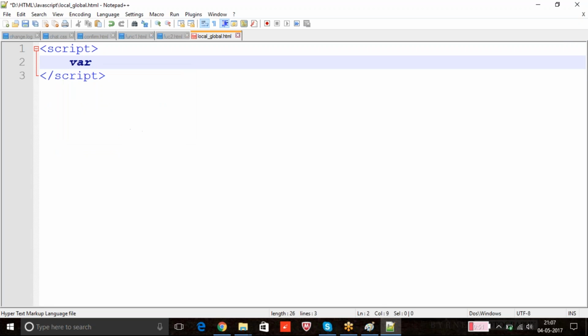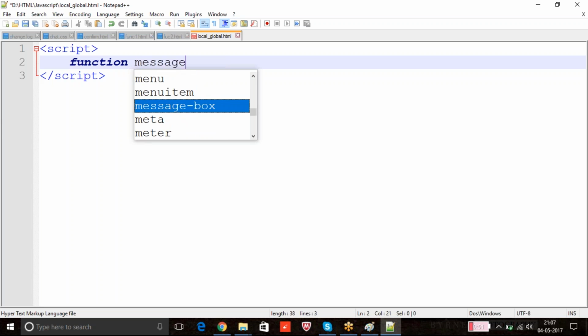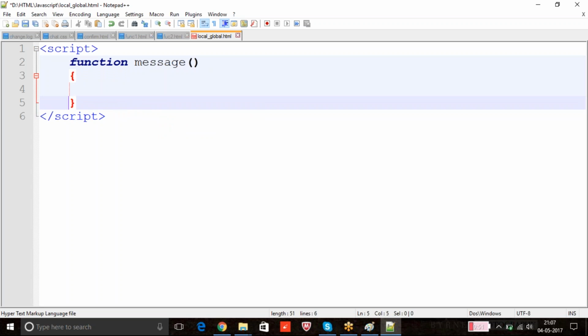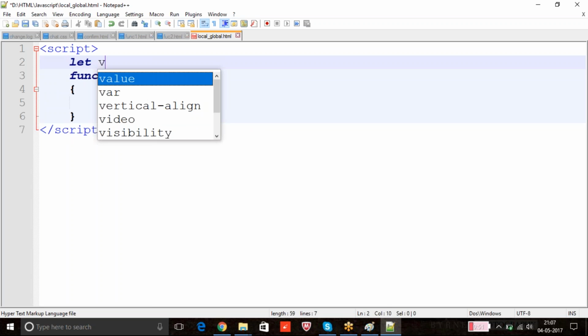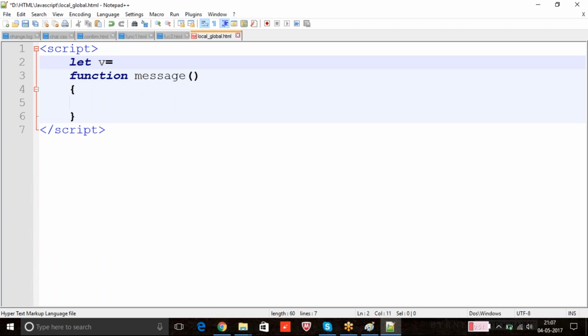First of all, I'll create a function message, just a function. Before this, I create a variable, let v, assume that the value is 5. If I create one more local variable here, v is equal to 6, v plus plus,